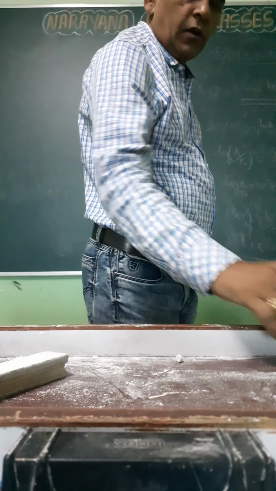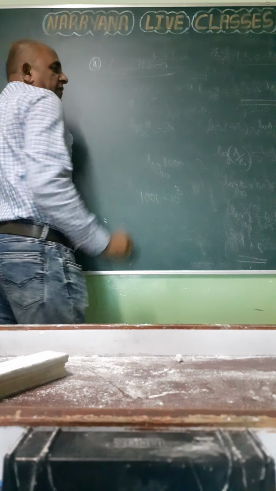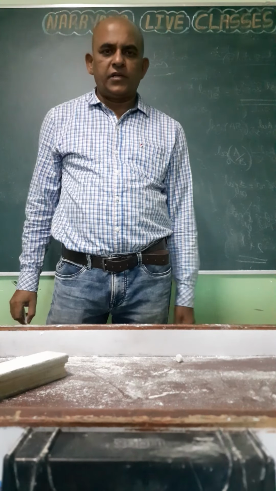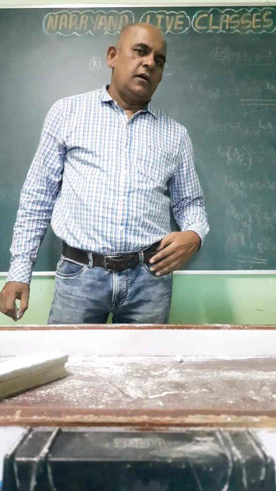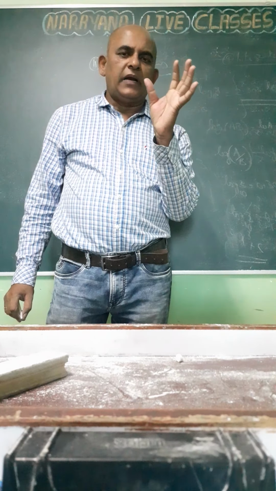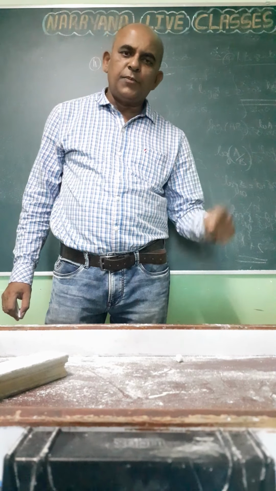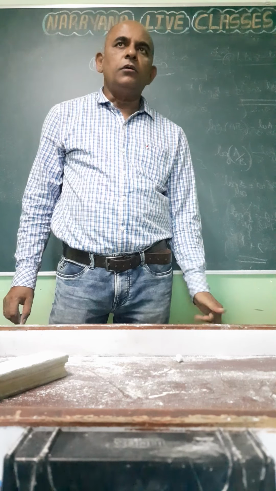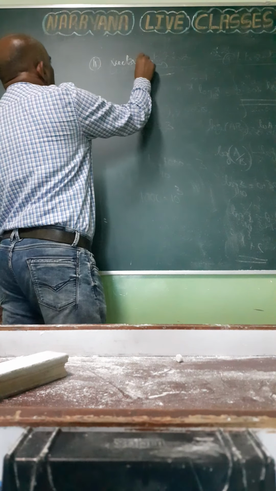Next, we can go for the 11th topic. 11th, 12th, 13th, 14th are related to vectors. Vectors means a very important concept in physics. And we use vector addition, vector subtraction, and vector multiplication, which means two types: dot product and cross product. So the 11th topic is vector addition.